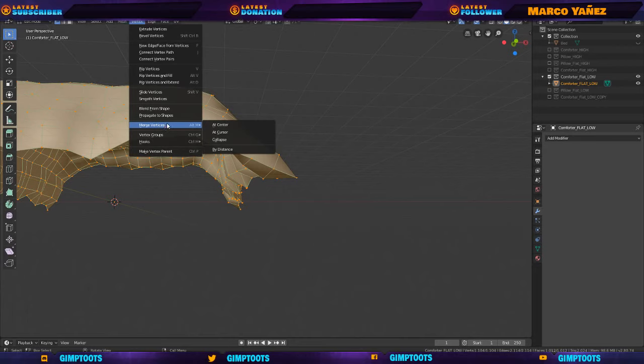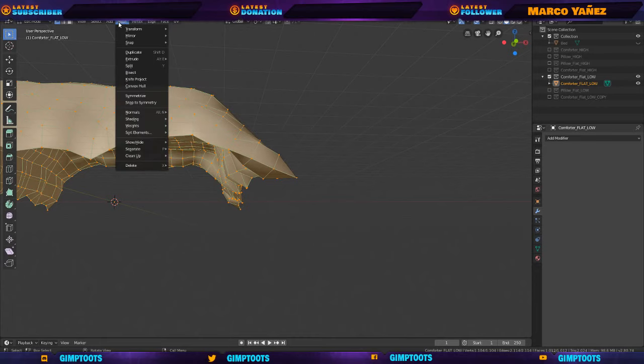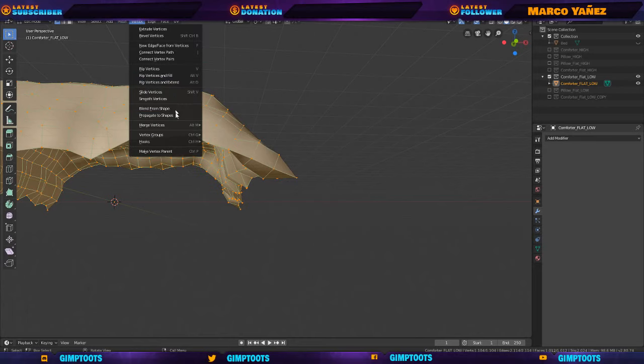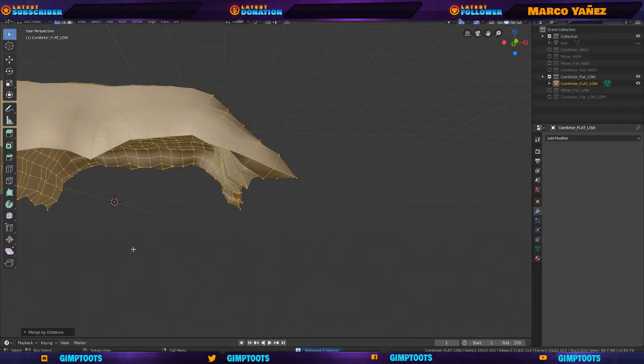It's got to be merge. Because there used to be a remove doubles, right? And that's what we used to use to merge all of the vertices. But if we do by distance, and we come down here and click on this merge by distance,